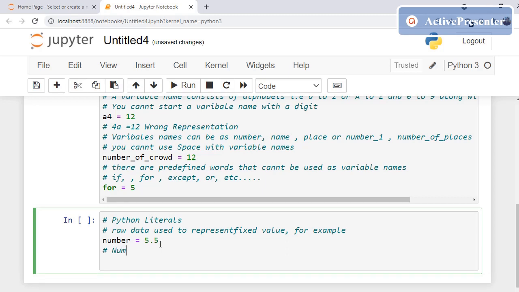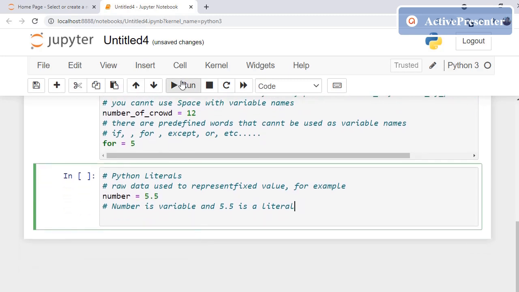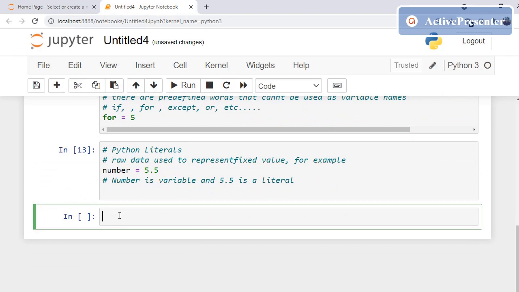Now here number is a variable and 5.5 is called a literal. I'll run this, there is no error.